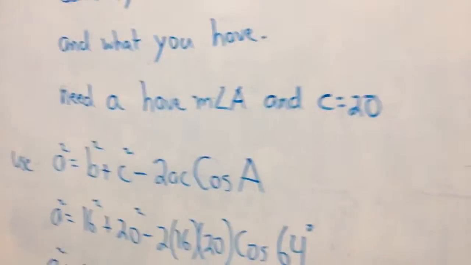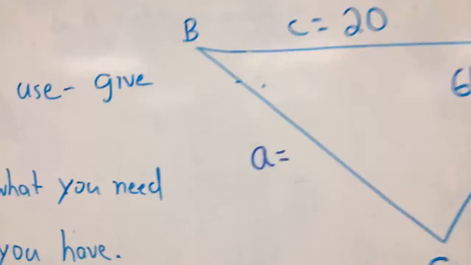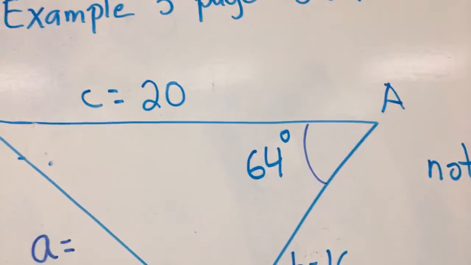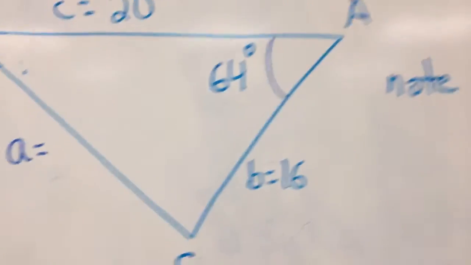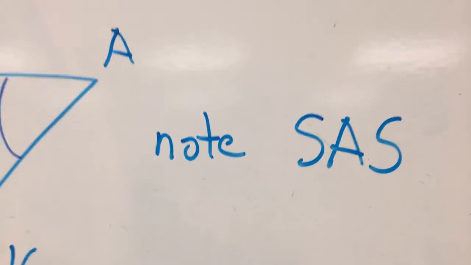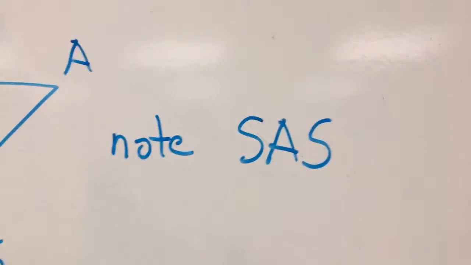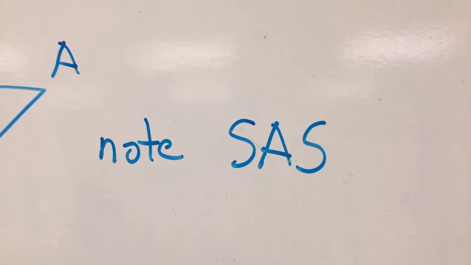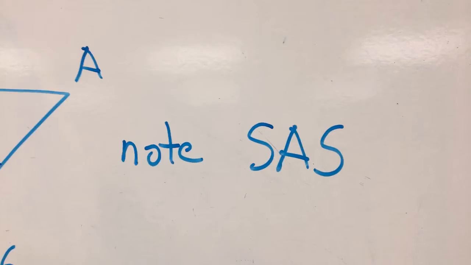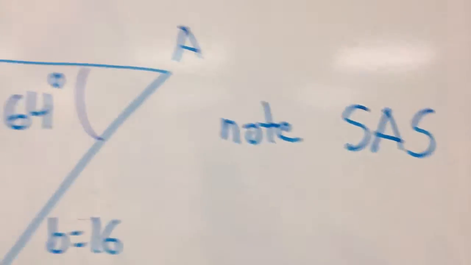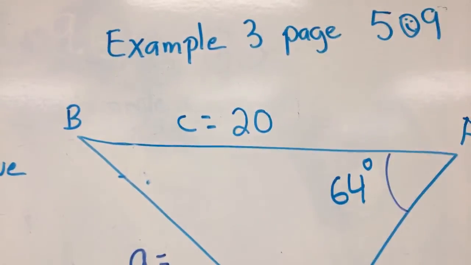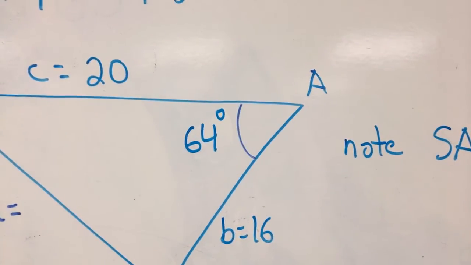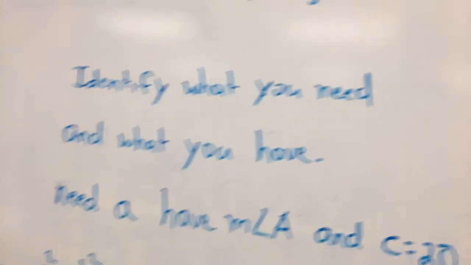Now, let's make sure we understand how we got this. That's what I need. This is what I have. I have this and I have this. Notice it fits the side angle side. If you have side angle side, you should be using the law of cosines, and of course, if you don't have a right triangle. All right, so that's where I got that. That's where I found C. That's where I found B. That's where I found the measure of angle A. So if I plug these in,